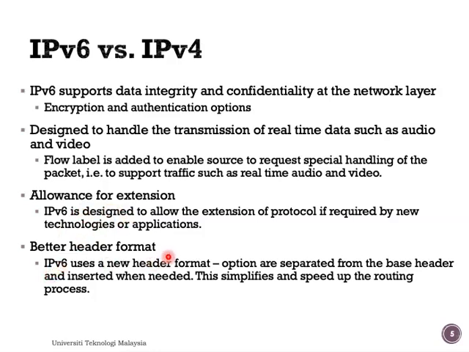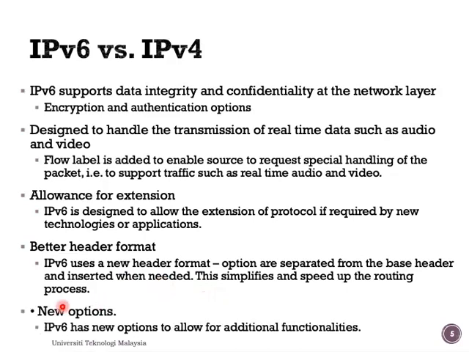So, better header format. IPv6 uses a completely new header format where options are separated from the base header and inserted only when needed. So this will simplify and also speed up the routing process. When it is made optional, the resulting header will allow for faster processing of the IP datagram. Just like I mentioned just now, the new options also allow for additional functionalities or maybe for future